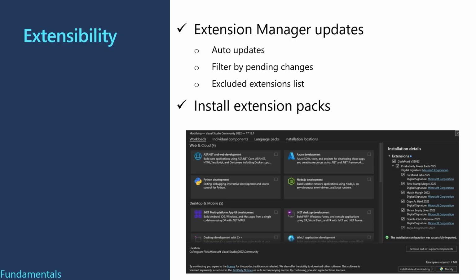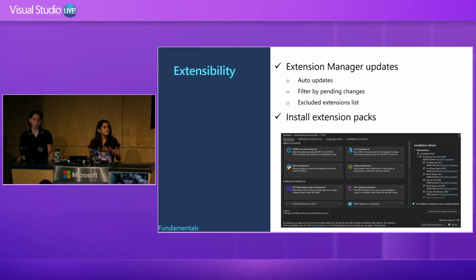You'll also have a new filter in your extension manager that will show you pending changes. So all the extensions that need an update or have some pending changes will be filtered as well. And finally, if you don't want any of your extensions to be included in the auto update, you can exclude them using the exclusion list. So all you need to do is provide the exclusion list, and then Visual Studio won't update your extensions